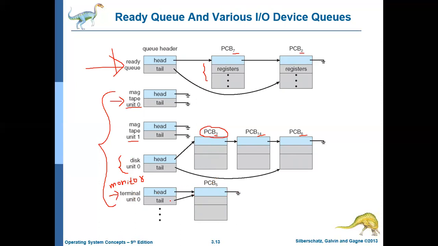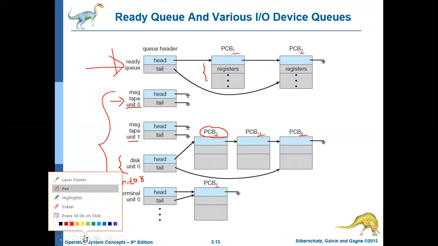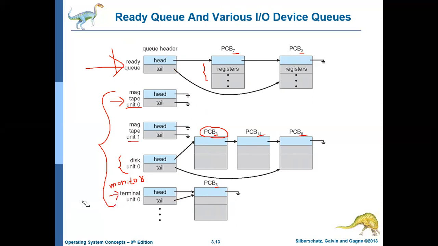And here both the head and tail are pointing to the same process control block, which corresponds to process 5, because this itself is the first process and this itself is the last process. So this is how the operating system maintains the different queues, and it ensures that process scheduling is done in a proper way. Okay, fine.